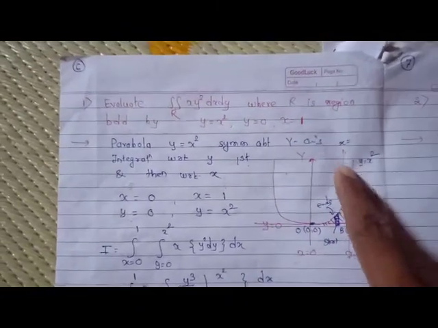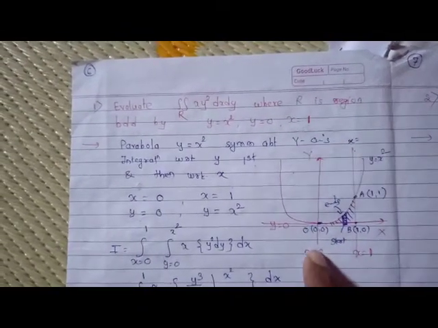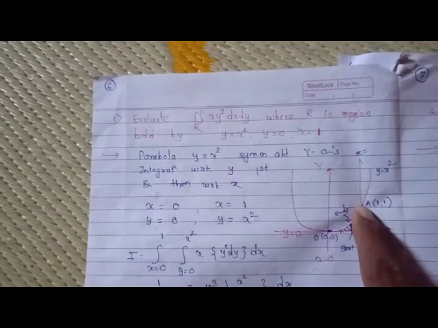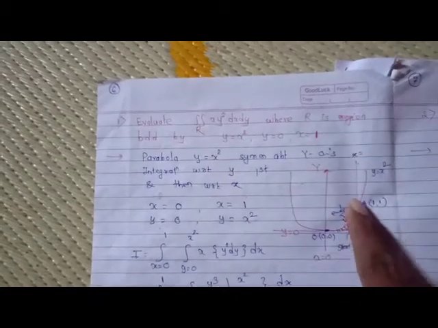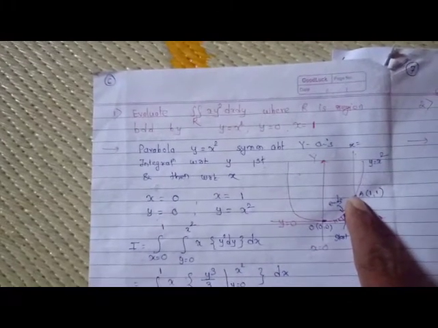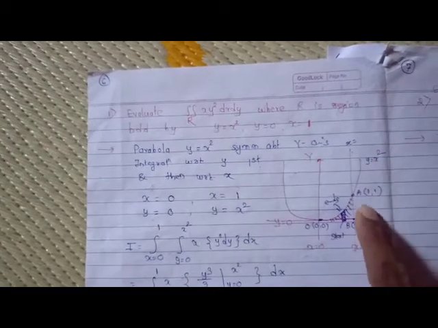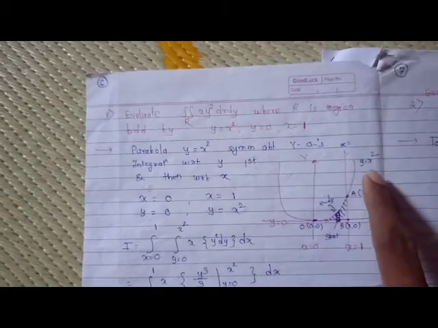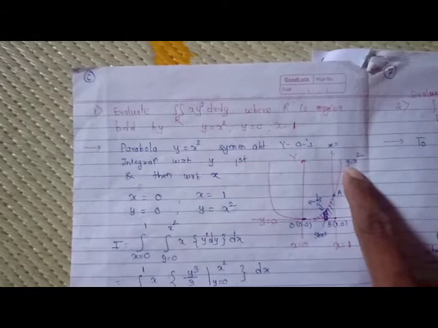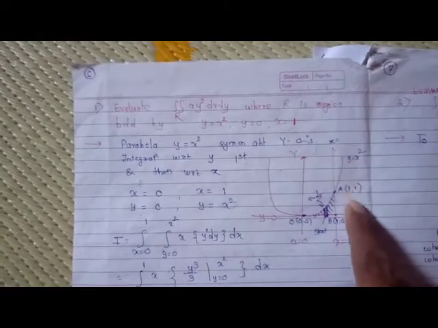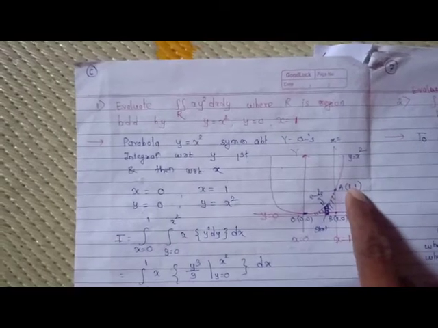And then line x equal to 1. Since x equal to 1, it will be parallel to the y-axis. It is drawn. So this is the point of intersection. Understand how to find the point of intersection. The point of intersection A is the intersection of x equal to 1 and y equal to x square. So the x coordinate is known, 1. Now how to find the y coordinate? That we have to obtain from the equation y equal to x square. Since x equal to 1, 1 square is 1, therefore y equal to 1. So the point is (1, 1).